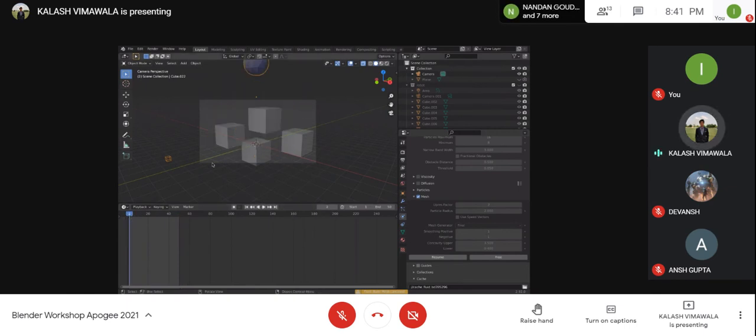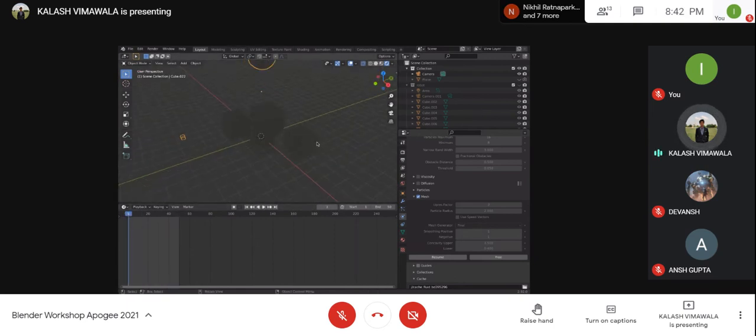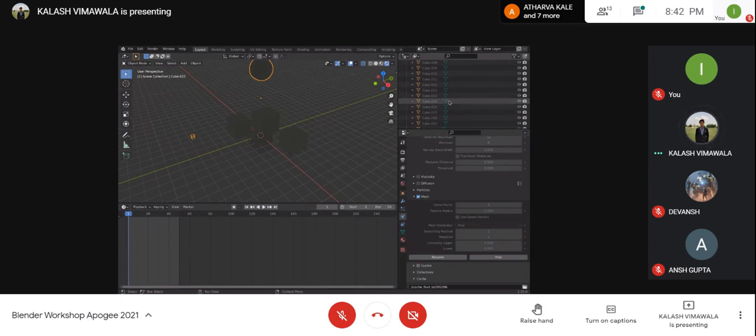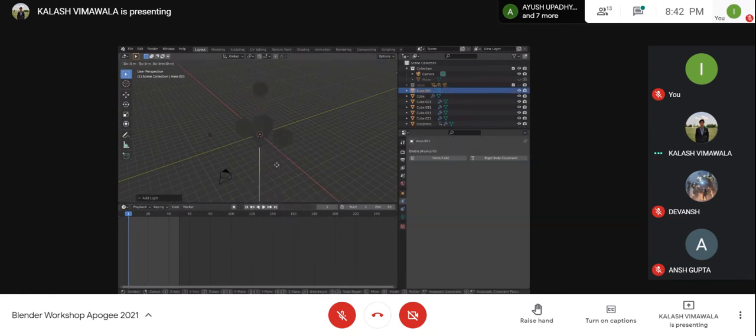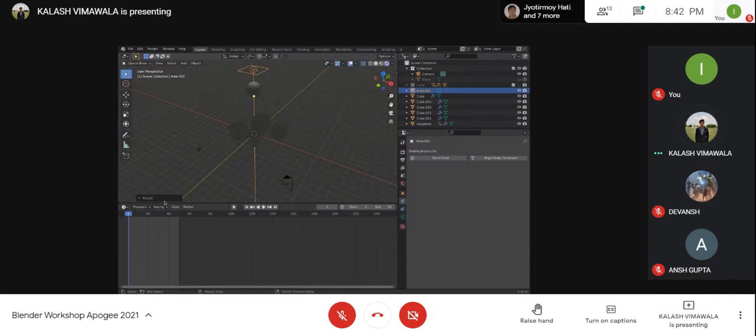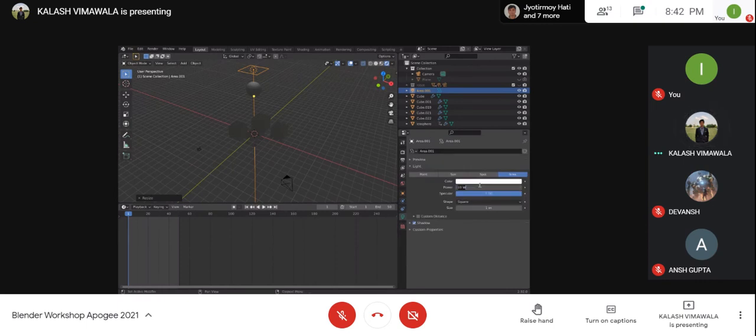Okay, so here you go. All right, this is how the fluid is actually interacting with the scene. Since we are in rendered view and we haven't made the area light visible, I'll just add a new area light rather than having that in the collection. I'll add a new area light over here. I'll just scale it up and I'll give it a power of 1000. Okay, so you can see that.